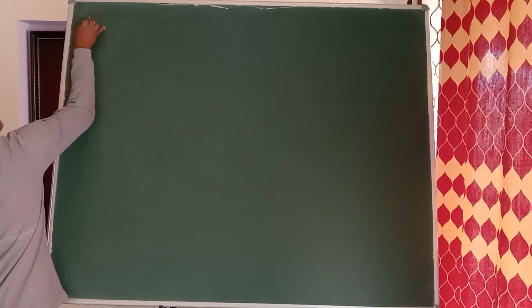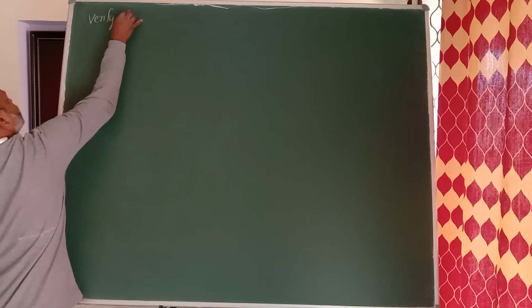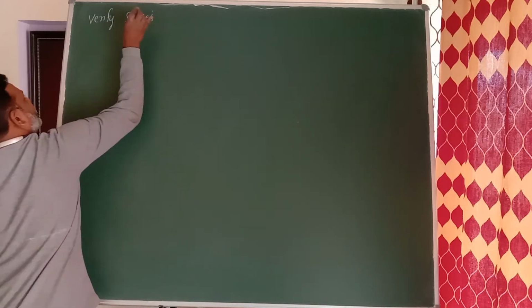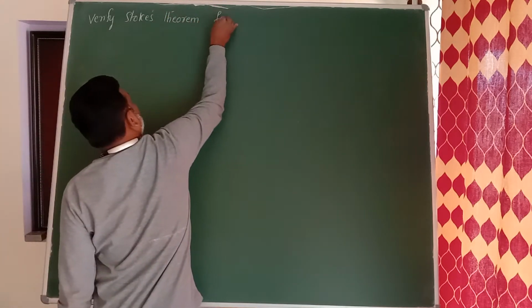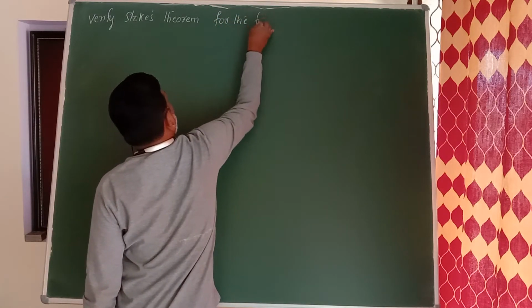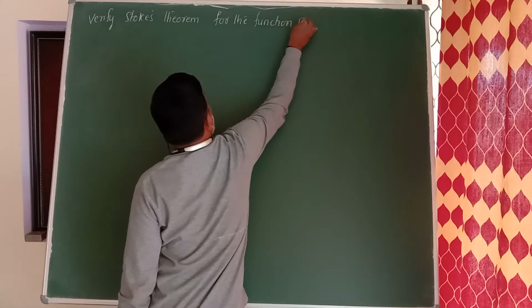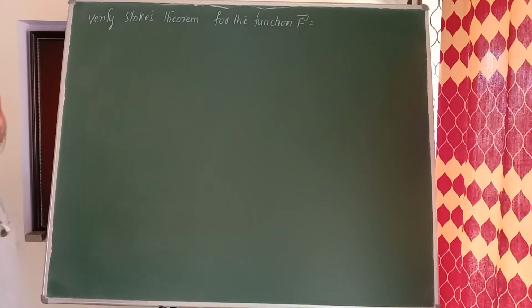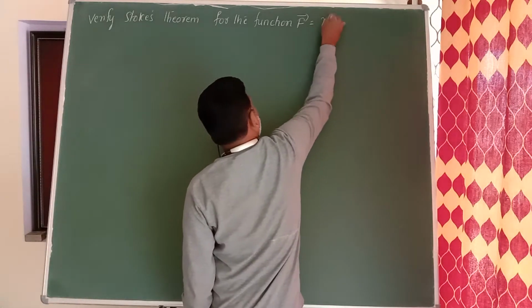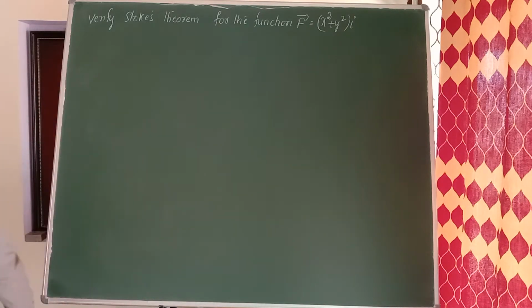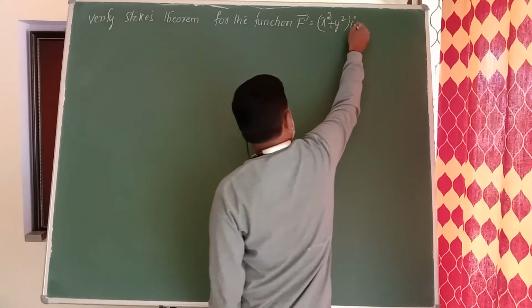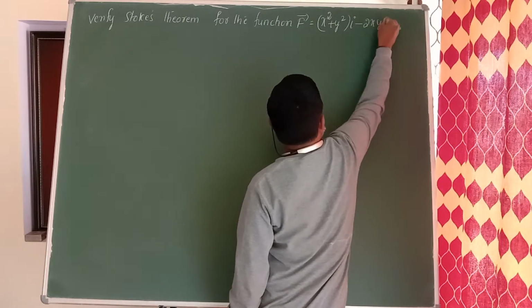What's the question here? Verify Stokes theorem for the function F vector. Instead of F vector they can take A vector also, both are same. F vector is x square plus y square into i, minus 2xy j,